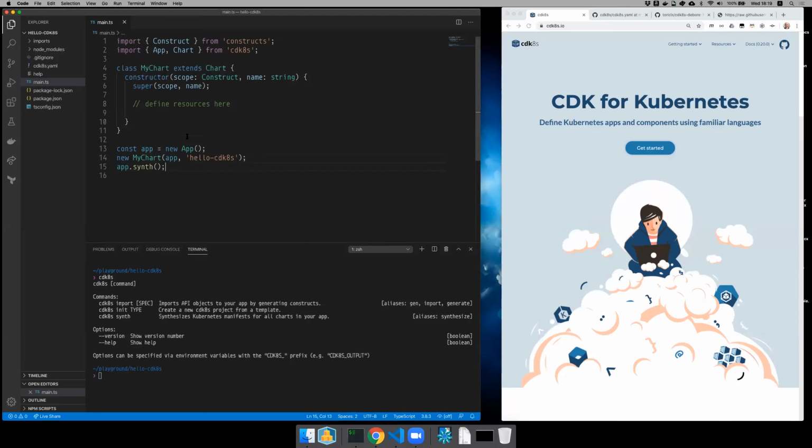Okay, so I think the best way to actually understand what we're doing is to show some code, because this is basically what this is about. Just one more word about the background. So as we said, this project stemmed from our work on the AWS CDK. And for those of you who are not familiar with the AWS CDK, it basically solves the exact same problem in the AWS CloudFormation space, which is the provisioning engine for AWS resources.